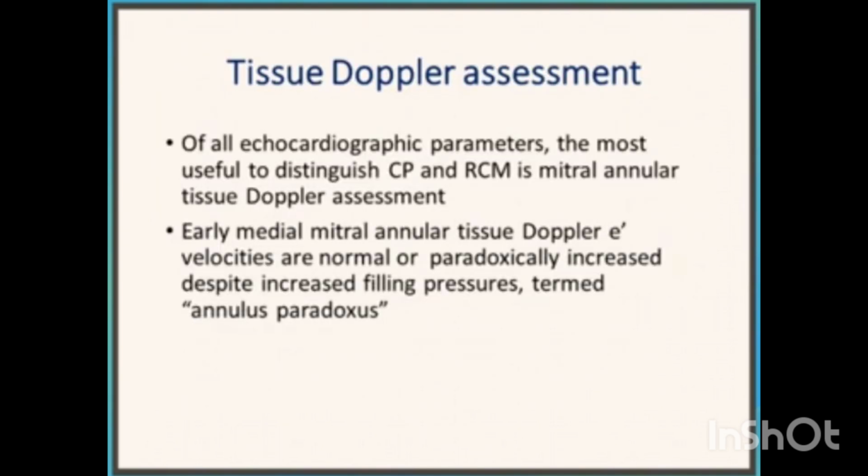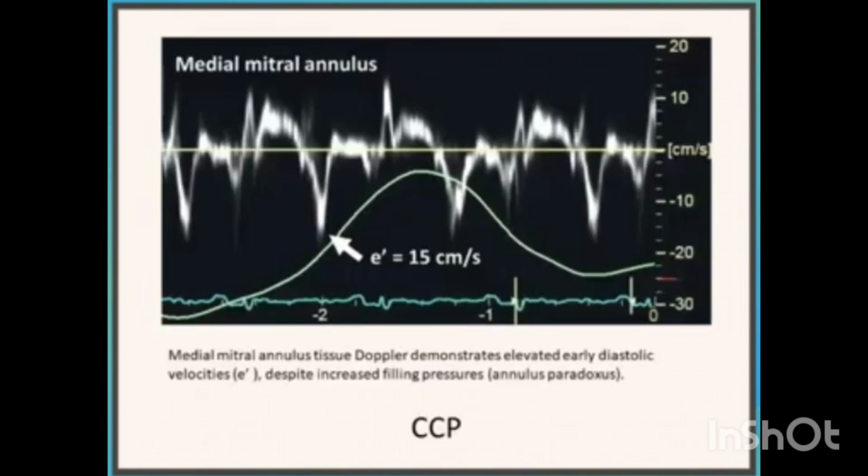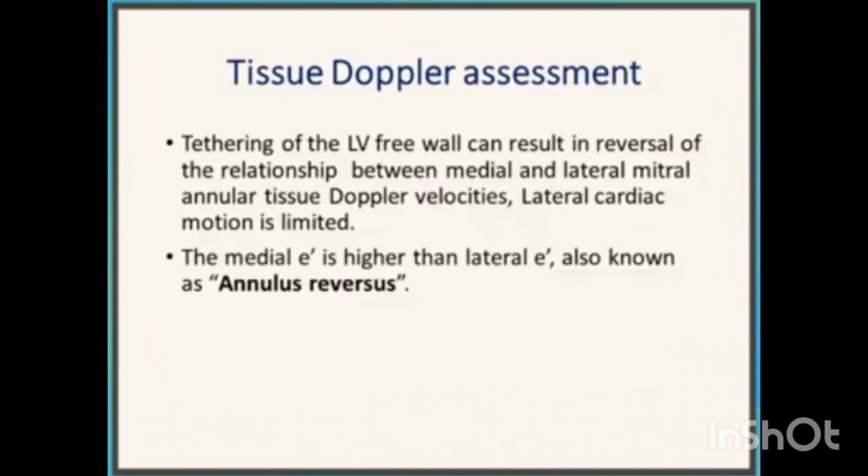Of all the echographic parameters, the most useful is the mitral annular tissue Doppler assessment. The early medial mitral annular tissue Doppler E' velocities are normal or often paradoxically increased in constrictive pericarditis, and that is known as annulus paradoxus. So sometimes the mitral medial annular velocities are increased in constrictive pericarditis,